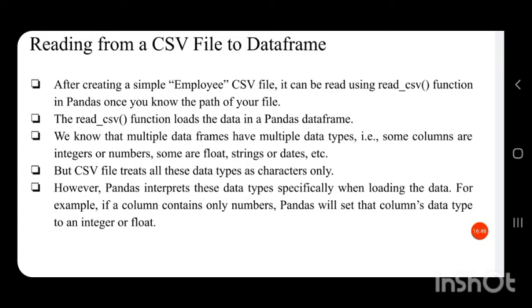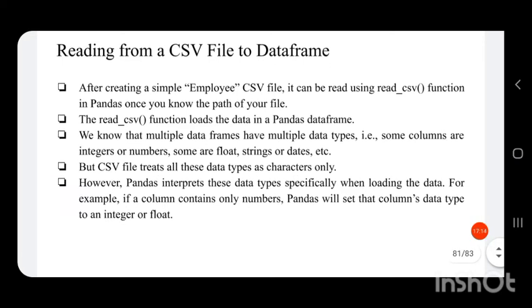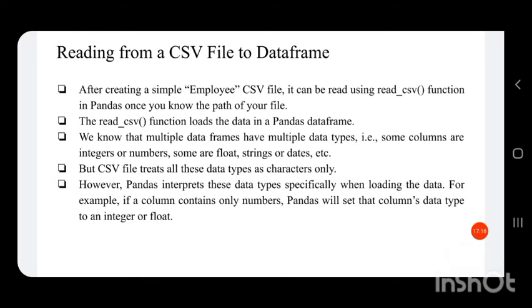That is, some columns are integers or numbers and some are float, string or dates, etc. But a CSV file treats all these data types as characters only. So whatever data types we give to a data frame, our CSV file will treat every data type as a character.